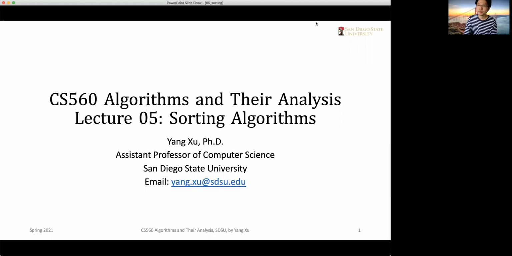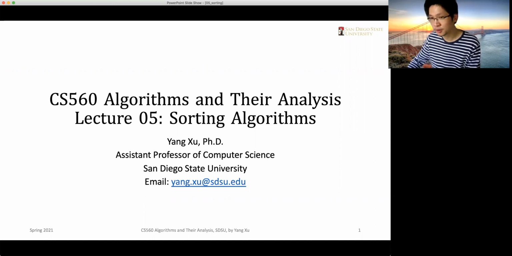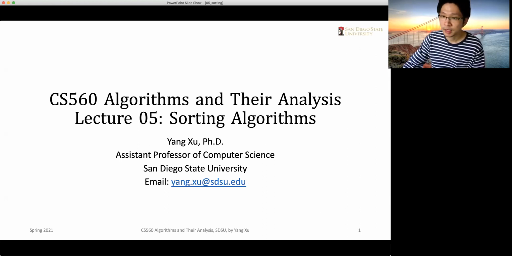So this is the chapter or topic that comes immediately after the divide and conquer approach. So you will see the sorting problem is quite related to the divide and conquer approach. When we introduced, first of all, the very first two examples are sorting algorithms, the insertion sort and the merge sort. And among these two algorithms, merge sort is an example of the divide and conquer approach. And now in this